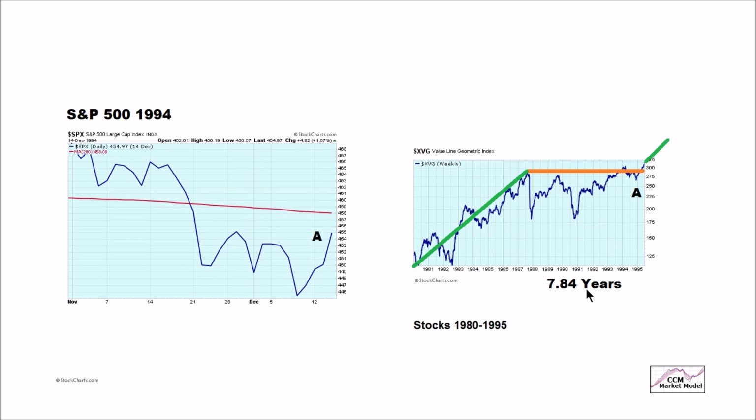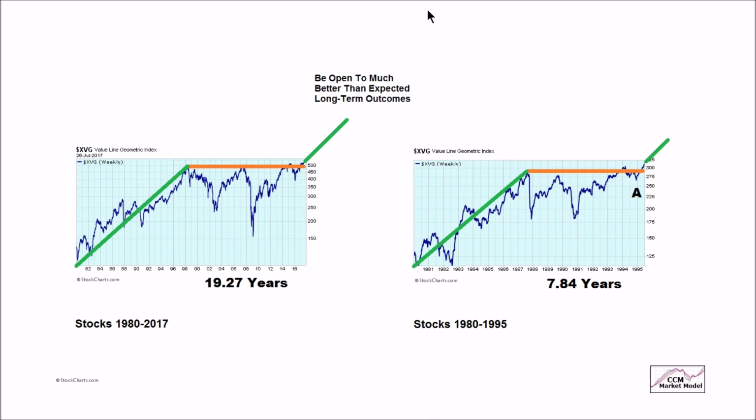Yes, when we look at our fractal, the consolidation period in the first case with the small fractal is about 7.8 years in here. We know the longer we go sideways, the bigger the move we can expect to get. Since this is the much larger fractal, we went sideways for quite a bit longer. 19.2 years is quite a bit longer than 7.8 years, telling us it's prudent to keep an open mind about much better than expected outcomes.